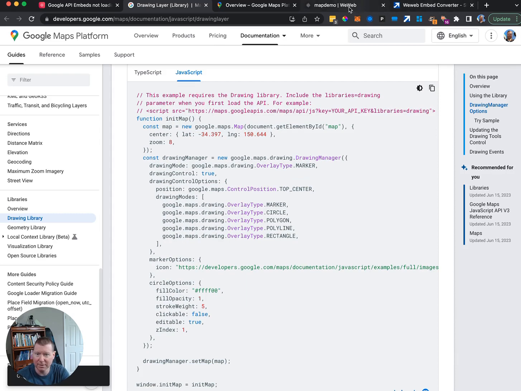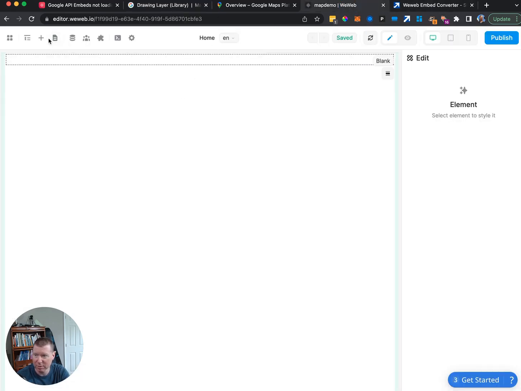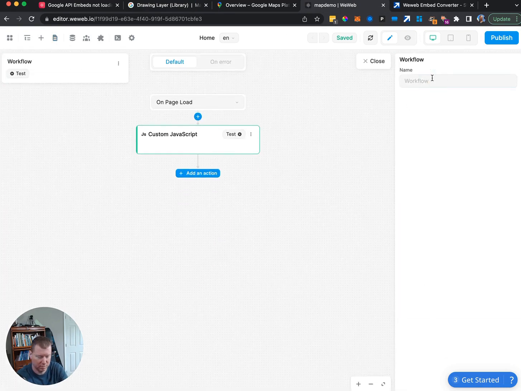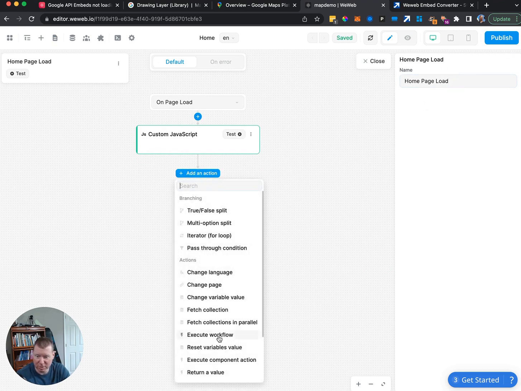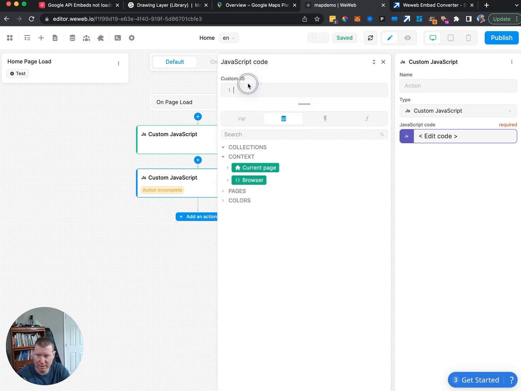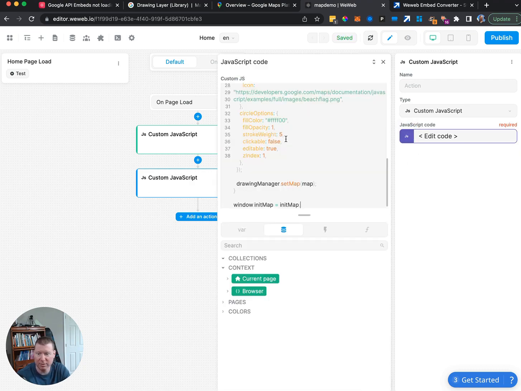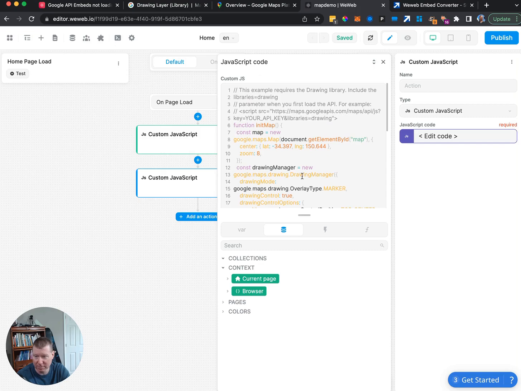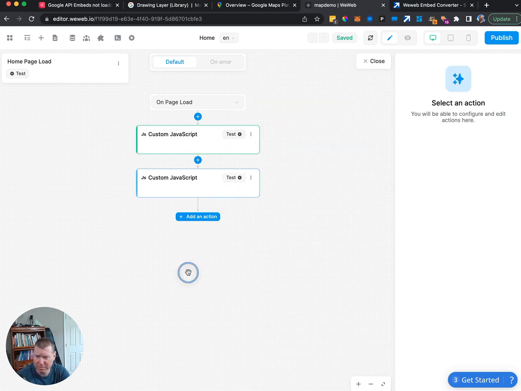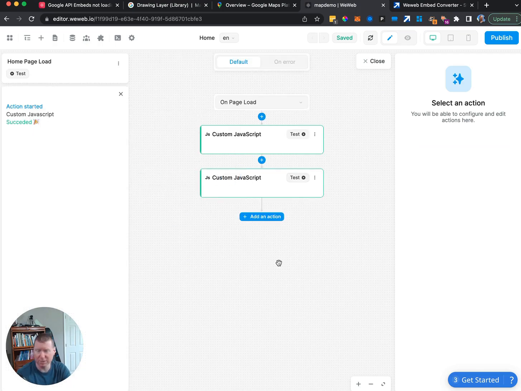And then go back over to Weweb, and we will go over to page, workflow. We'll give the workflow just a little name there so it's easier to track. And we'll do another piece of custom JavaScript, ding, ding, and paste. And now we've got the same code that came in from Google running init map. We'll close this up. And at this point, we will test this, and it succeeds too, because all it's doing